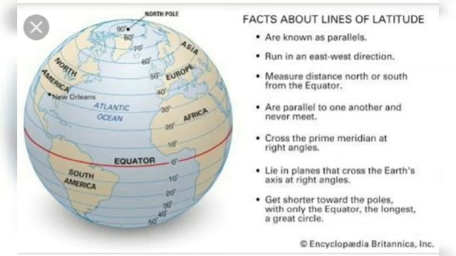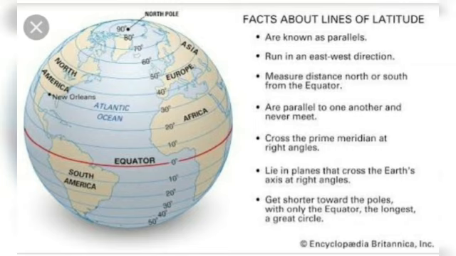From the equator, which is 0 degree, towards the poles, in the north it would be 90 degree north, and towards the south it would be 90 degree south. So it would be written either N or S on both sides. Now in all there are 180 parallels at 1 degree intervals. So 90 are north of the equator and 90 south of the equator, and only the equator is taken as the 0 degree latitude, which is the great circle.